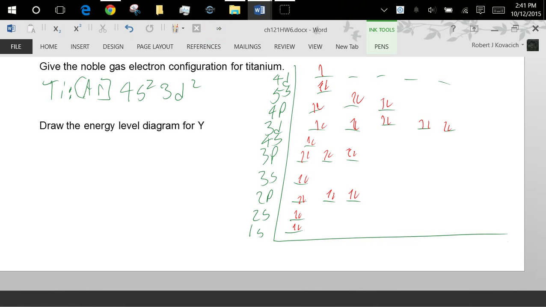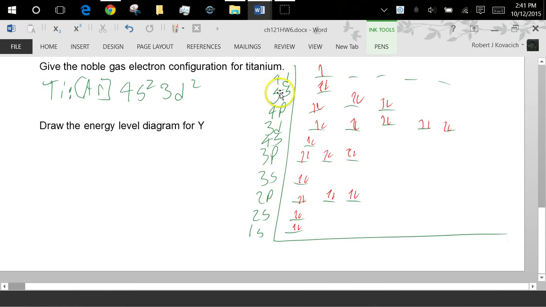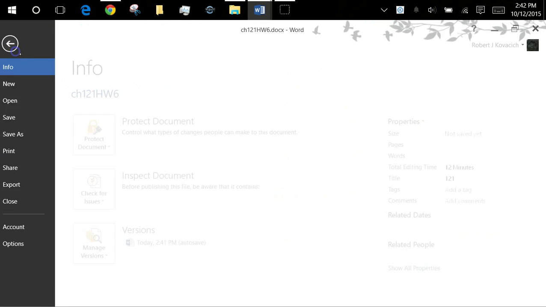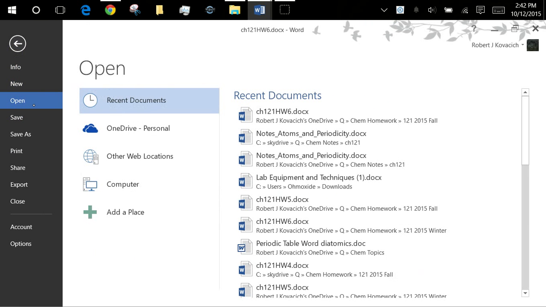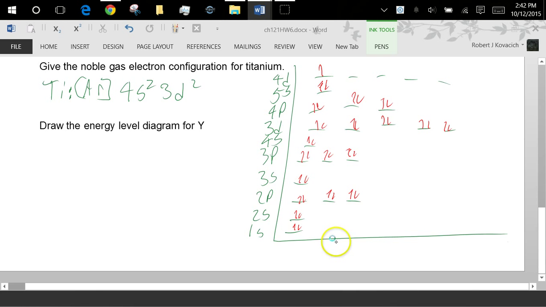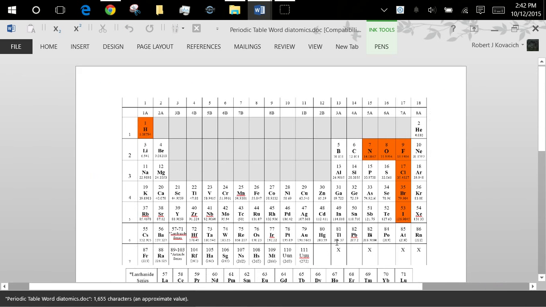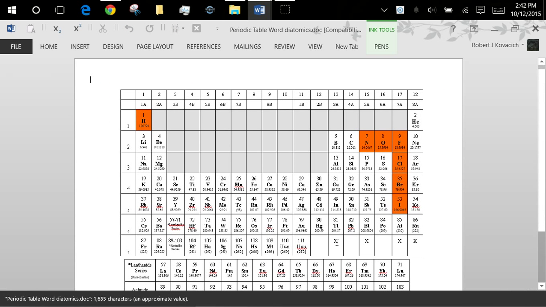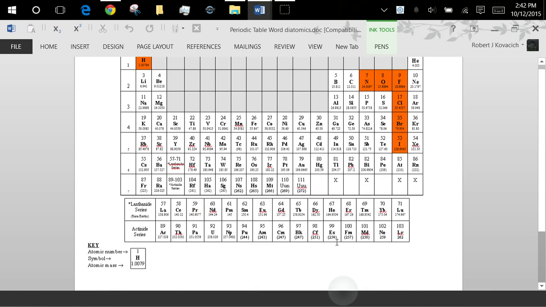How do you know that this is the correct order here? You can look at the periodic chart. Just look at the periodic table. That's it. So if I'm looking at a periodic table, I've got,